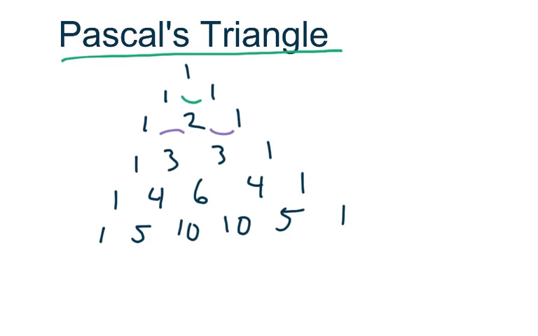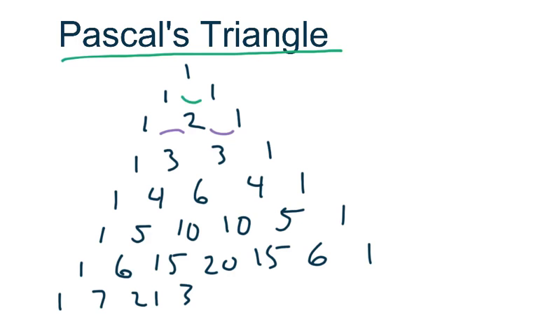And remember, I can just keep following this pattern because your teacher may give you actually a higher power like 6 or 7. So let's do a couple more here. So row 6 would be 1, 6, 15, 20, 15, 6, 1. And then finally 1, 7, 21, 35, 35 again, 21, 7, 1. And again, we could keep going on, but let's use our Pascal's triangle now to do some